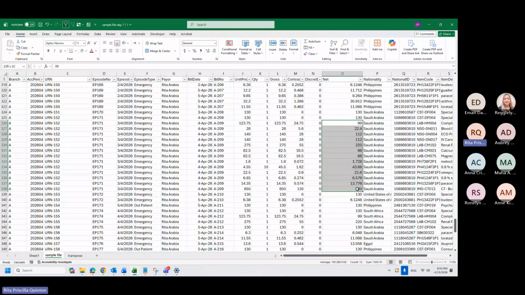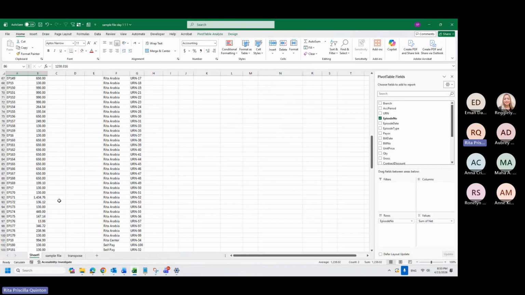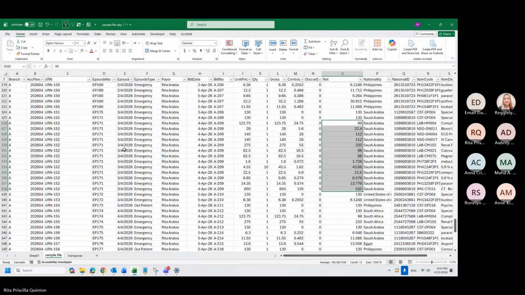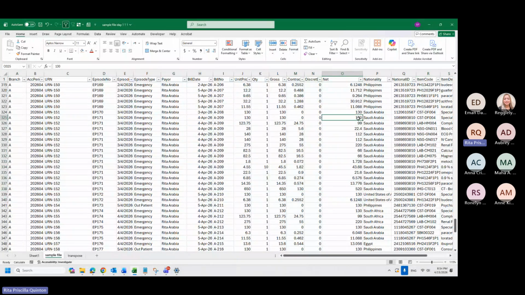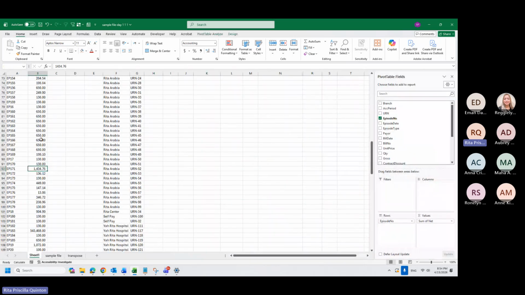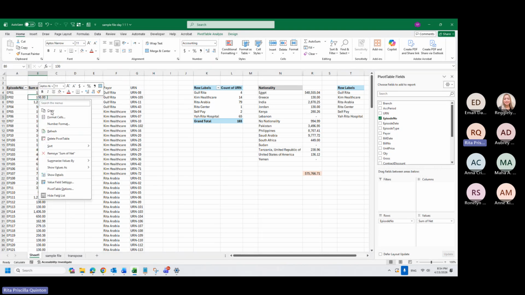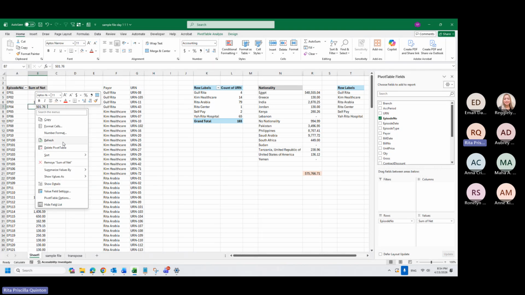If I want to know the total, instead of doing this manually, 1304, 171, it's 1434. EP171C, even I made a mistake because I did it manually. So up to here, yes, 1434. So doing a pivot will give you automated summation, summarizing your data will give you more accurate results as well. As long as you always refresh it, do not forget to refresh.